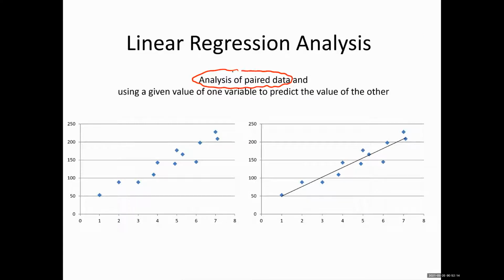Normally, in a stats problem, you're going to take a sample and ask everybody a question, like, how old are you? Everyone's going to give you one number. But for linear regression analysis, instead, we're going to ask everybody in our sample two questions. We're going to get two numbers from everyone, and we want to study the relationship between those two